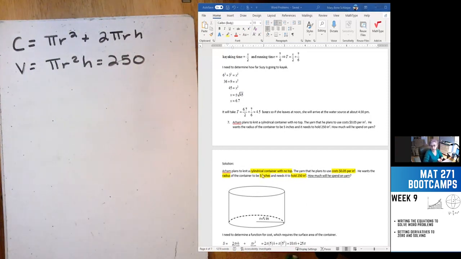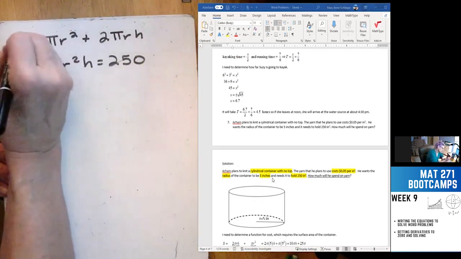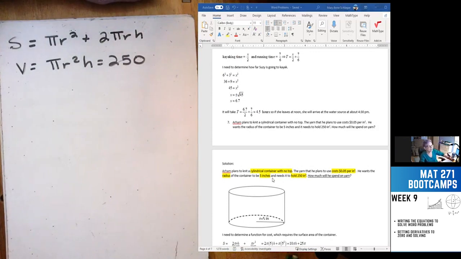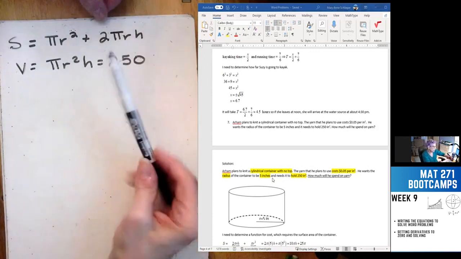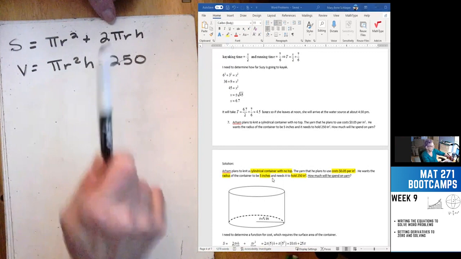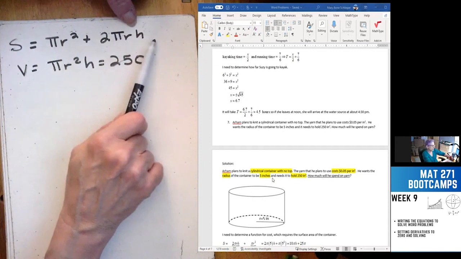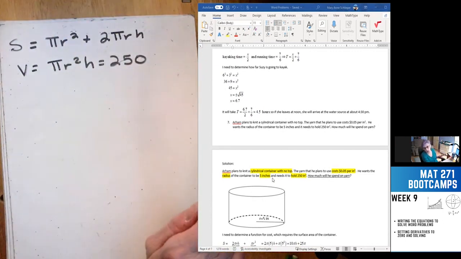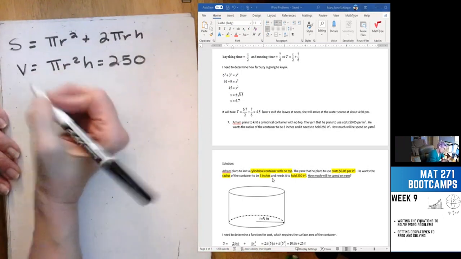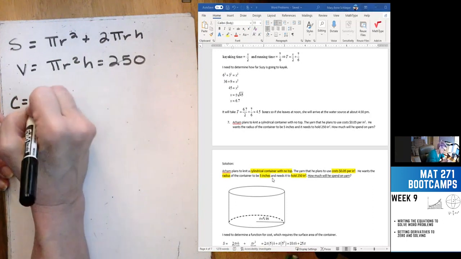So in your calculus problems, you won't be given this radius. You will rewrite your cost function, and this is not cost, this is just surface area, because I haven't multiplied it by the 5 cents per cubic inch. But you'll have to rewrite this so that it only has one variable in it. And since this has h's, and you have two terms up here with r's and only one with h's, I would rewrite it with nothing but r's in it. But we don't have to do that. We're just building up to it, so it's going to be the cost